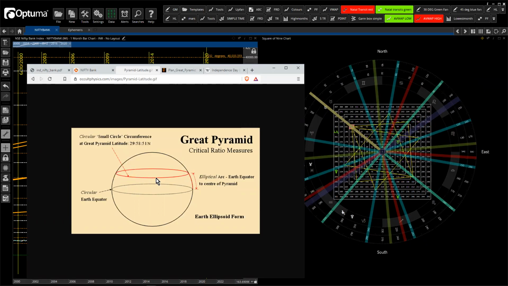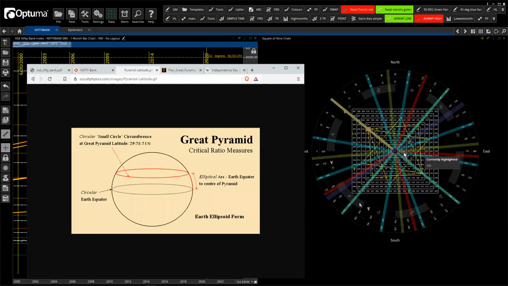And it's as if we placed the square of 9 on this point of the earth, and this 0 degrees of this circle here is this line running across all the way around the earth. And then you've got your north, your south, your east, and your west, sorry, west, east, going around the earth. It's just a really natural